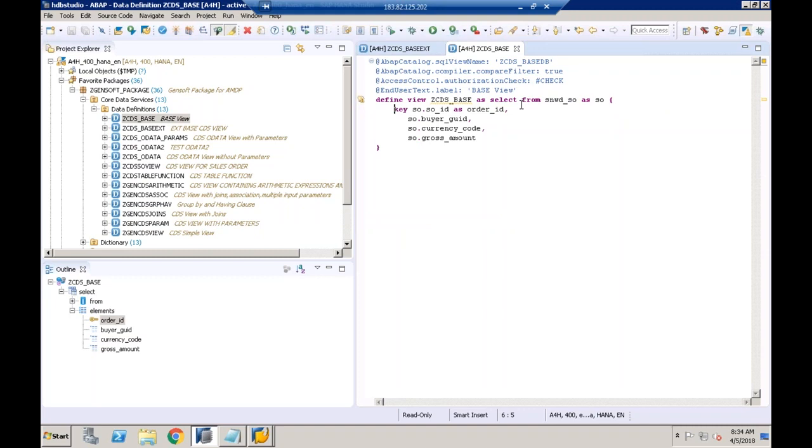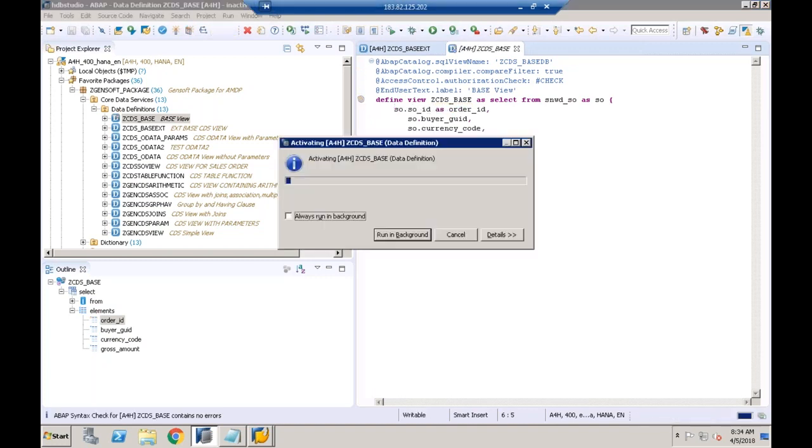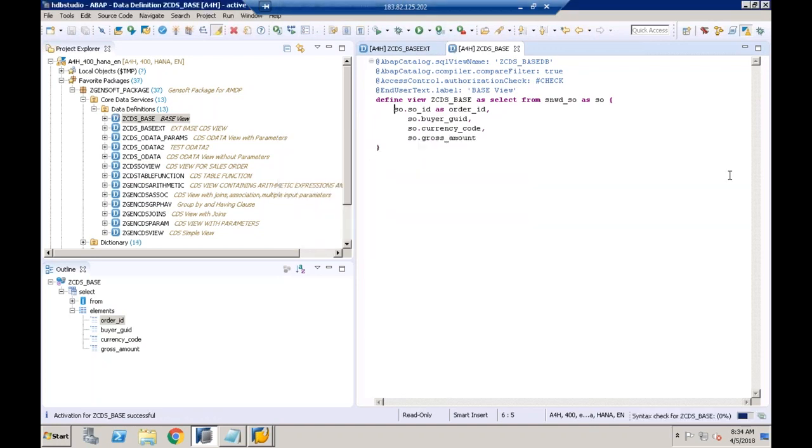I think the problem is with the key field. The warning I'm getting is that in your base table the key field is something else, but in the series you are getting this as a key field. That's what the warning is giving. Remove this setting, not mandatory. Let me activate this. You can observe there are no errors,